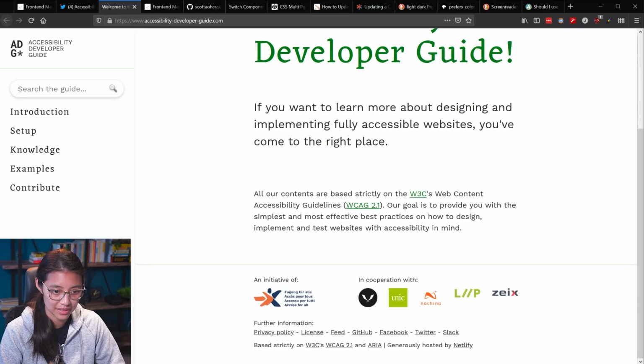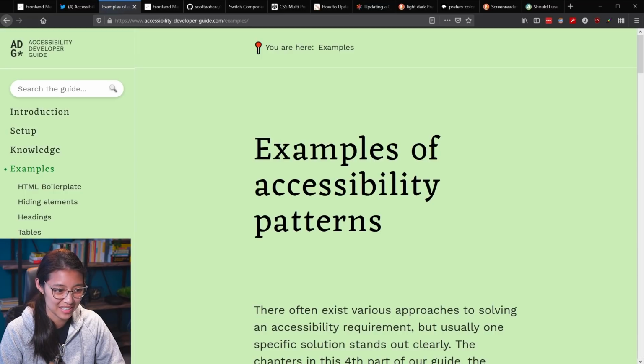Okay, so this is a good sign. The content is based strictly on the W3C's web content accessibility guidelines. Okay, looks pretty good. So let's see what they got here. So I'm just gonna go right to the example section